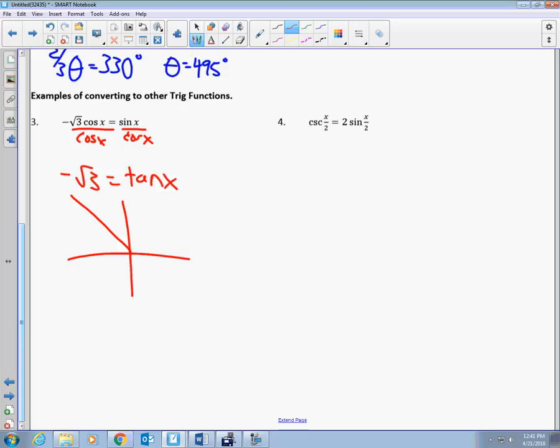Second and fourth. Anybody know what the tangent inverse of the root of 3 is? 60. Very good. Therefore, x is, there are 2 solutions. 120 and